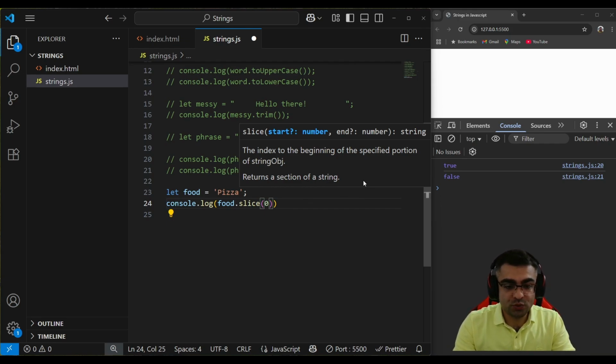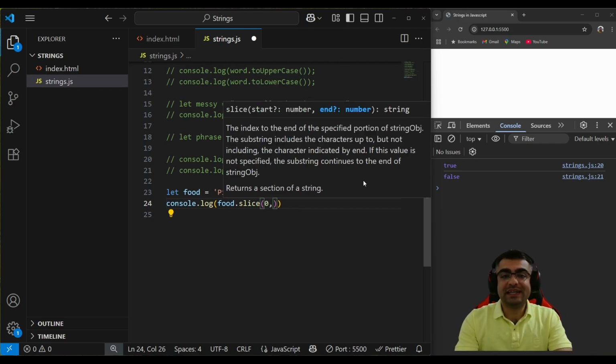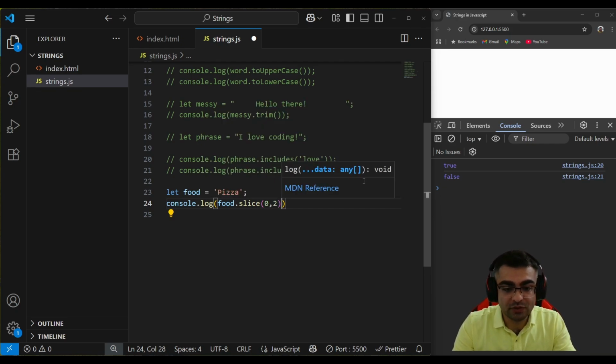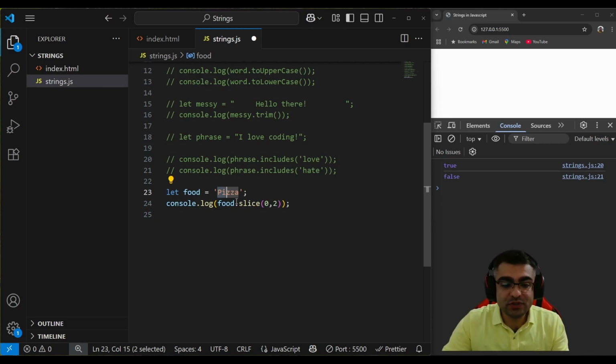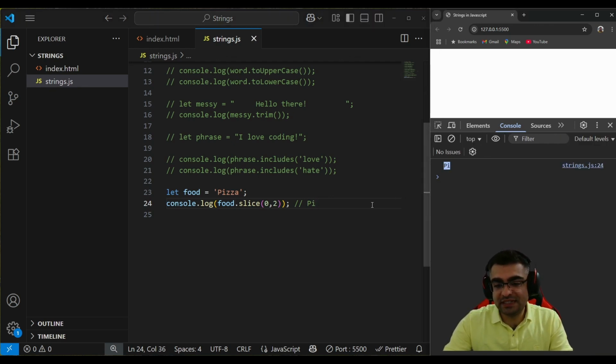So we want to include the first character, which is capital P, and then the second number is the position of the first character that we want to exclude. So for example, 2. So here we want to include P and move forward and exclude the character which is in the second position, starting with 0, keep in mind. So this is the first Z character. So here what we will get is P. Let's see, I'll save it, and here you see that